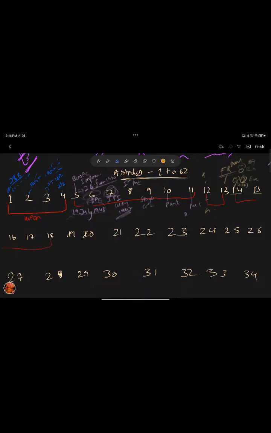Then 15 talks about no discrimination based on caste, religion, sex, place of birth, and all of these. There are four clauses in the 15th one. The first says the state would not do any such discrimination. The second is religion. The third is children and women would get some benefits, so you can't do anything on those. Then society made some positive changes, so you can't do anything on those.